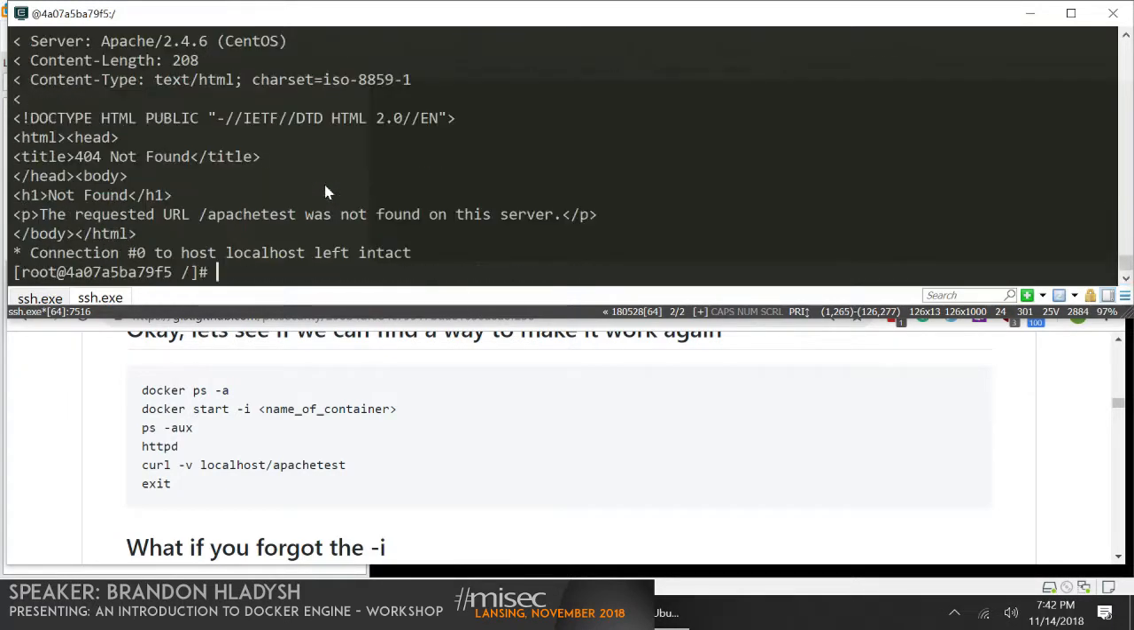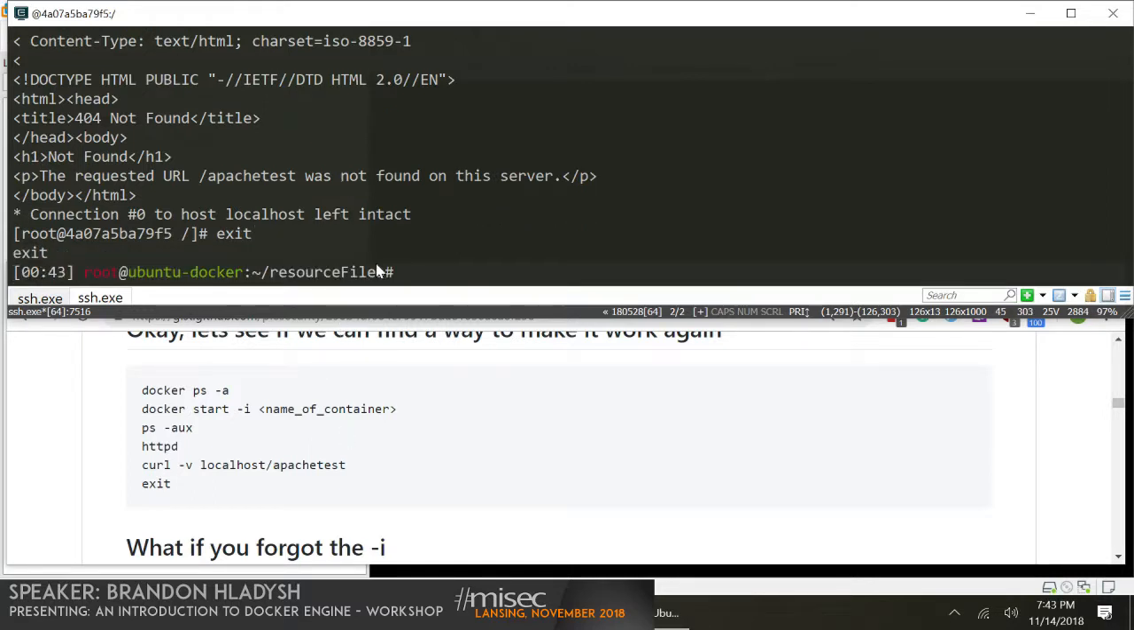Okay. So now we're back into that container. All right. Let's go over a really important tip. Well, I can pause here for a second. Are we good to move on? Good? Okay. So let's say that you wanted to go back into that container, but you absolutely forgot the I